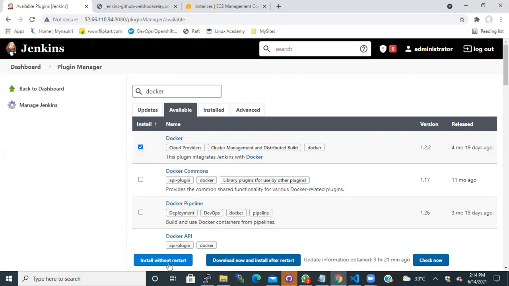And then after installation, you just need to restart your Jenkins server to get the changes effected. So I am not going to install any plugins. Again, it is just click here and restart. That's it. We are not going to make any changes. It's just a plugin that you need to install, which we have already installed.